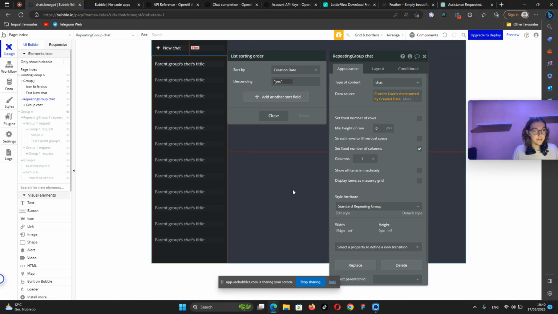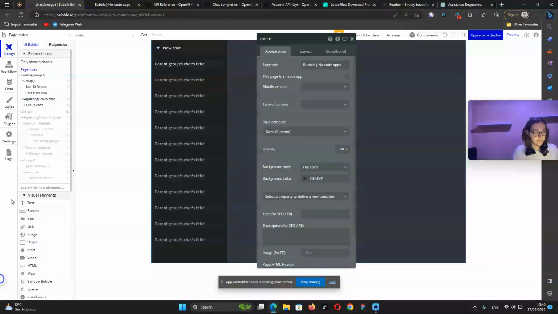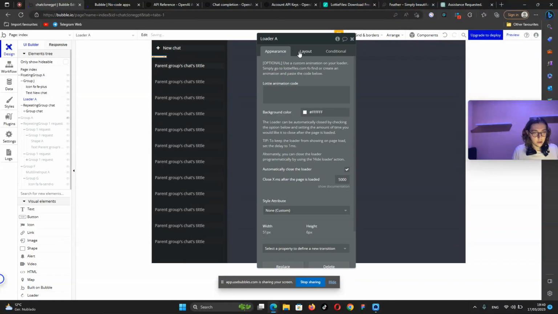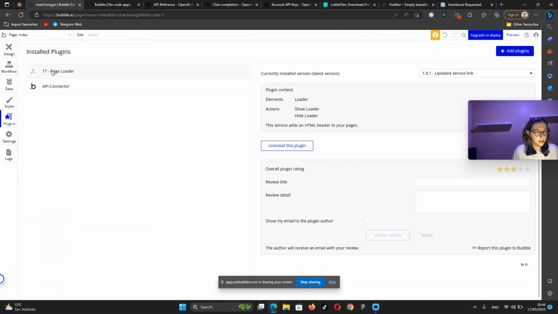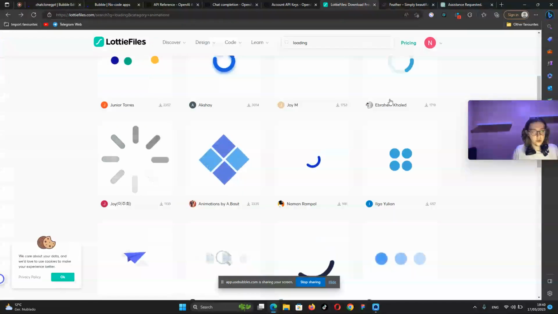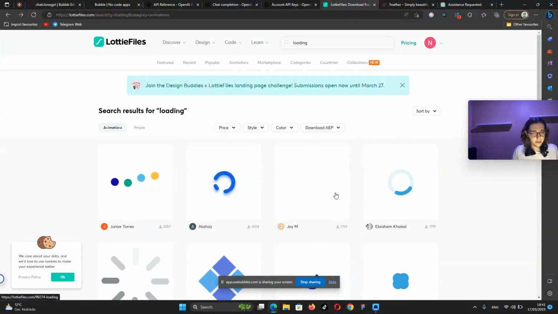For example, we can do this last thing. We have this loader that I already showed inside plugins. I used this plugin to load animation. We can choose a Lottie animation. For example,